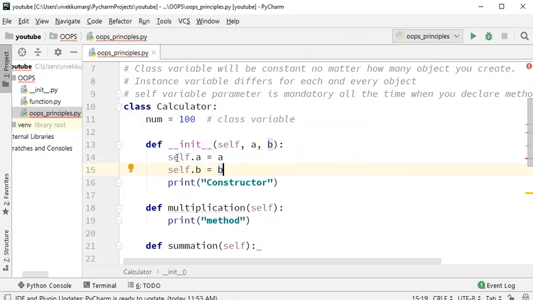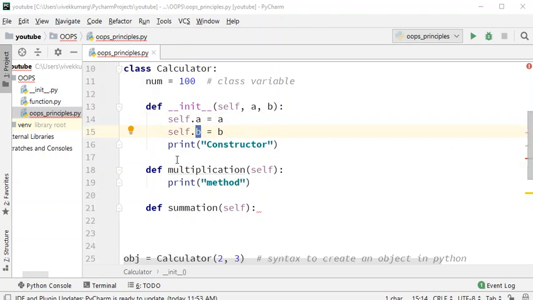Here comes the meaning of self. Here a and b are instance variables. And what is self? Self is nothing but the object.